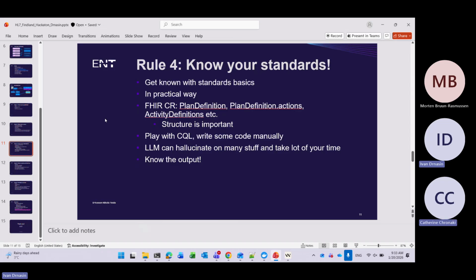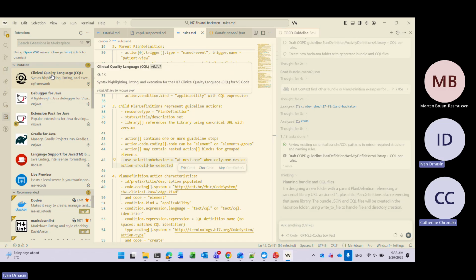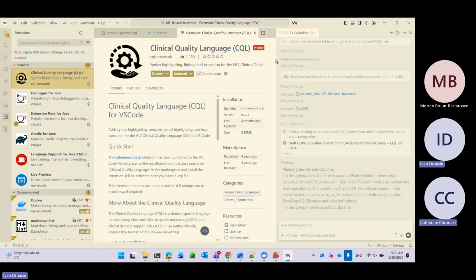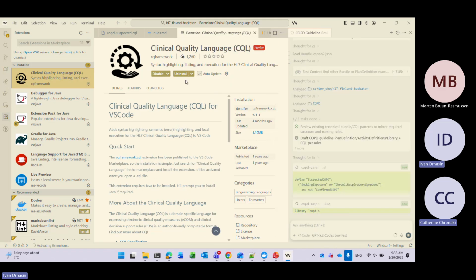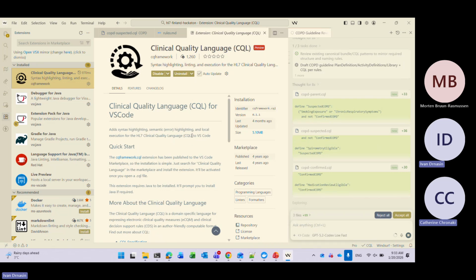It's good to know SQL because AI generates some invalid SQL code. For example, if you watched the webinar, there is a cool extension. I mean, we have written our tool at Ericsson, but there is one really good extension, Clinical Quality Language, that can be installed in any Visual Studio Code based editor, like this Windsurf AI editor, whatever.